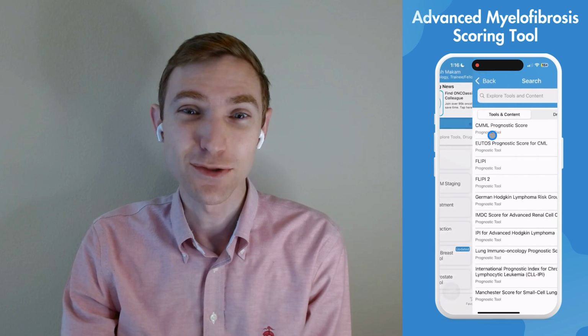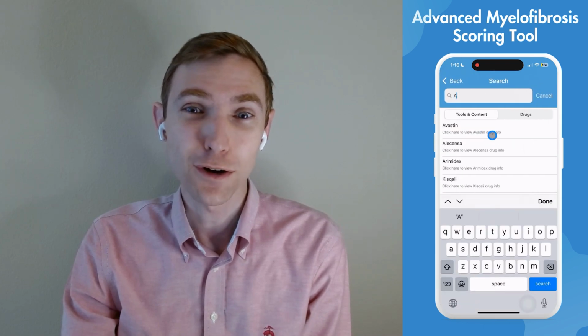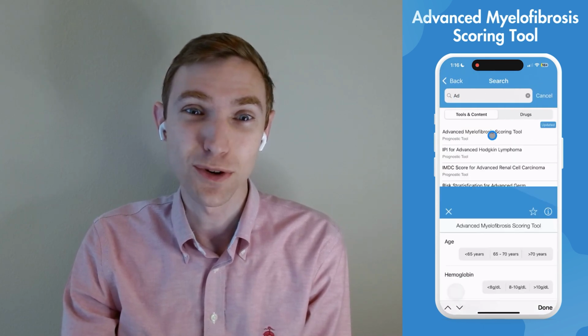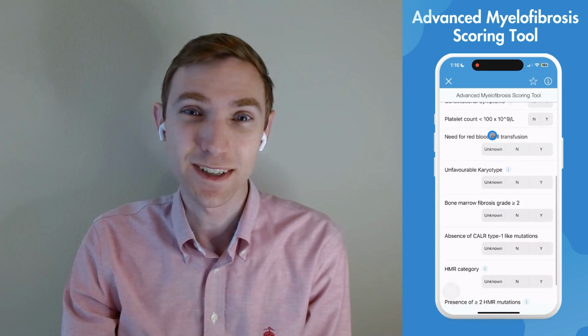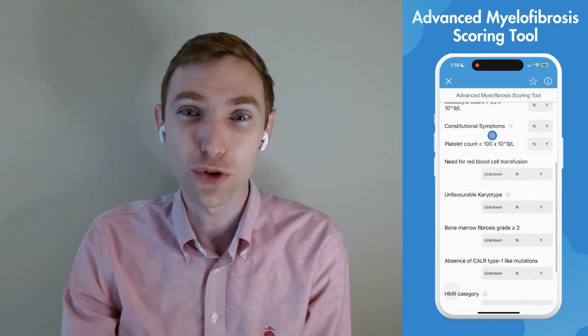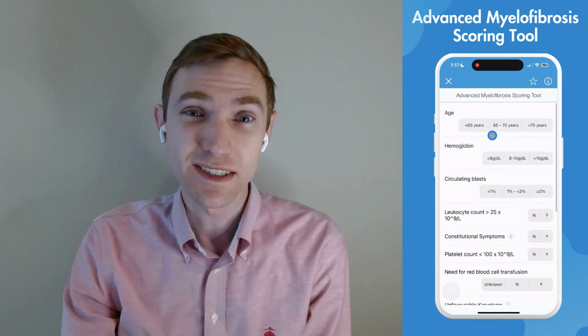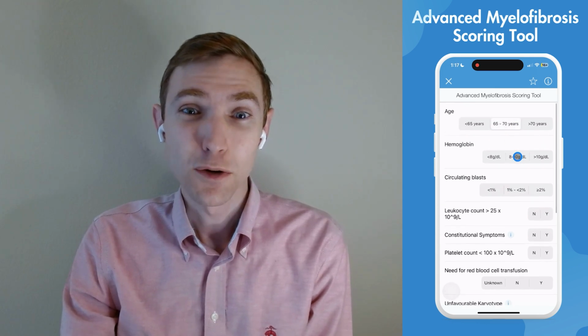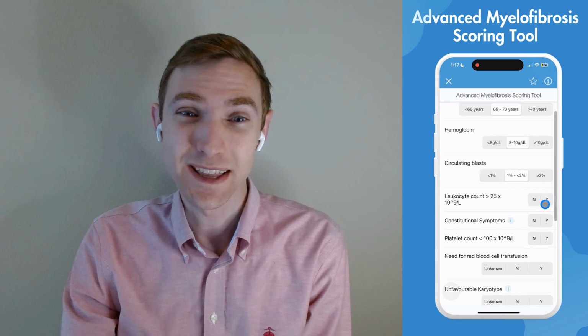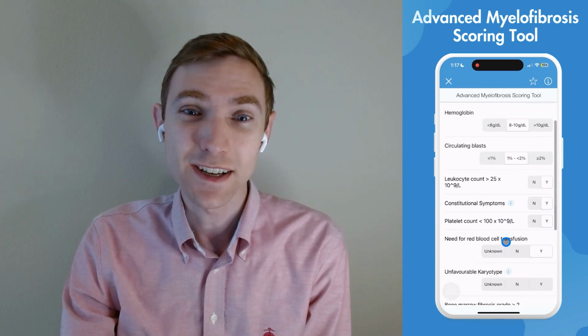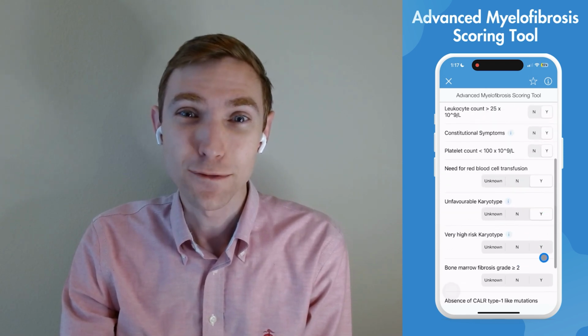ONCOassist has created a tool that provides an output for all 5 of the major prognostic scores, after providing answers to various patient characteristics in the form of 12 simple questions, only taking 60 to 90 seconds to complete, which for me is a drastic decrease in the time needed to obtain this information, as I was previously searching through multiple different resources to find the various tools, and then not to mention the additional time needed to find the